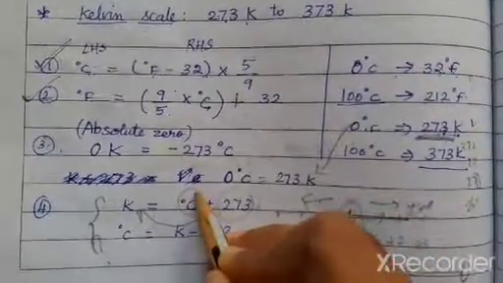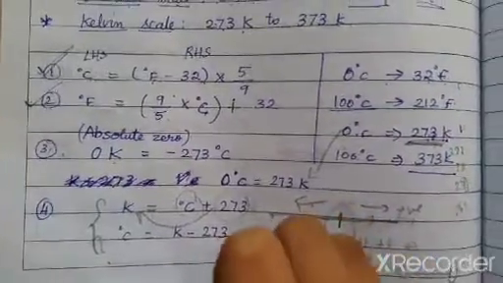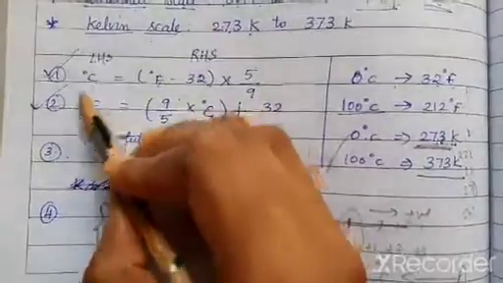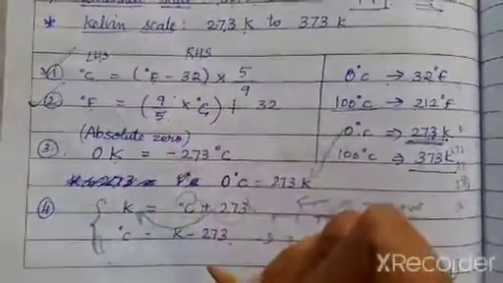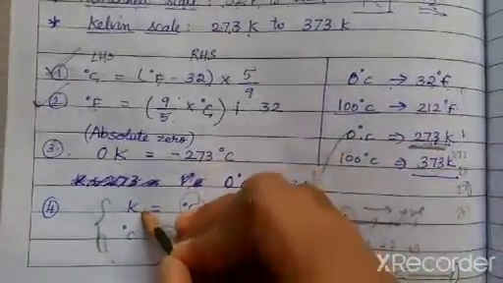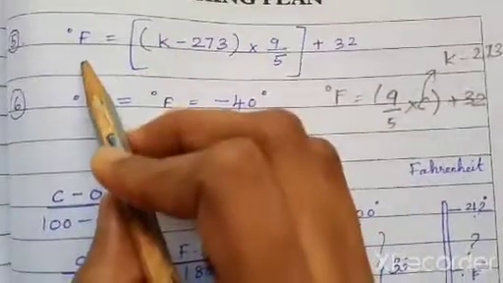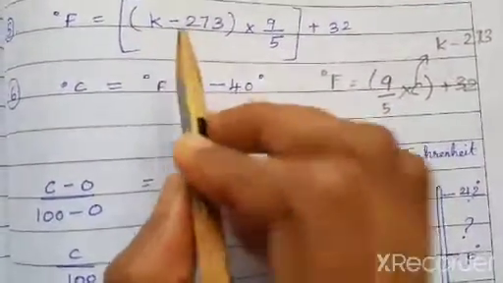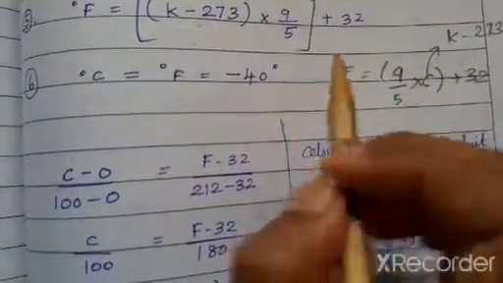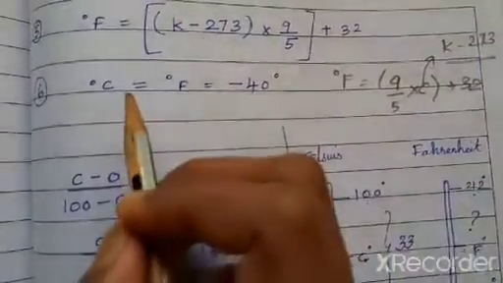Whereas if I want only degree Celsius, it gets rearranged as K minus 273. This value I will substitute in this Fahrenheit formula to derive a formula for converting Kelvin to Fahrenheit. Right, that is what I have done here. Kelvin to Fahrenheit, I have substituted from the known formulas only. Already we learnt, from that I have just substituted it. Instead of C I have substituted the value in Kelvin minus 273.